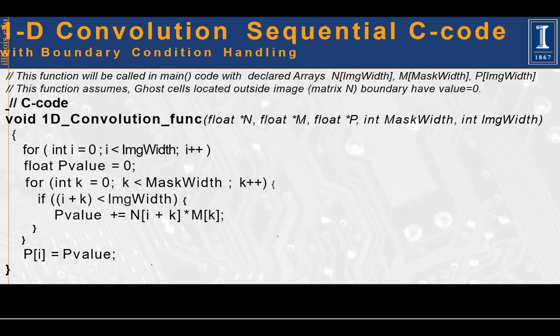There is one thing which always keeps coming in this calculation, which I had not discussed, and that is this ghost cell. What is this ghost cell thing? Again, going back, this is our N array, the big array on which we are calculating. And this is our mask, which we are sliding over it. We started from this end. We first put the mask here. Then we slide it, slide it, slide it, and continue.